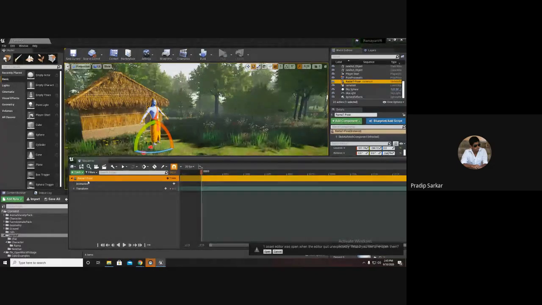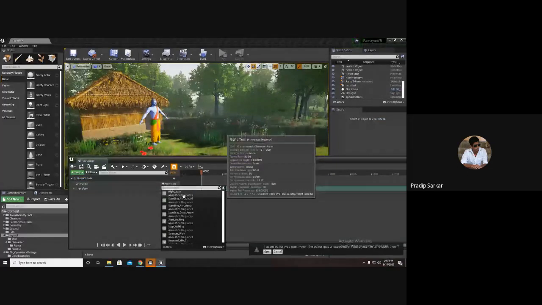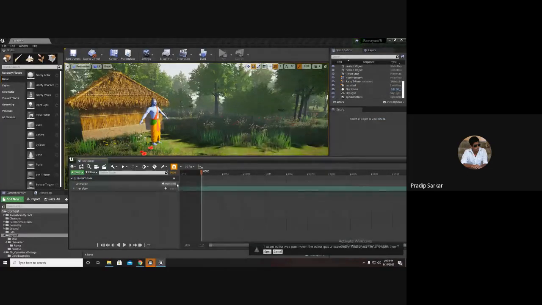Once I have added the character inside the sequencer, I have to add an animation.